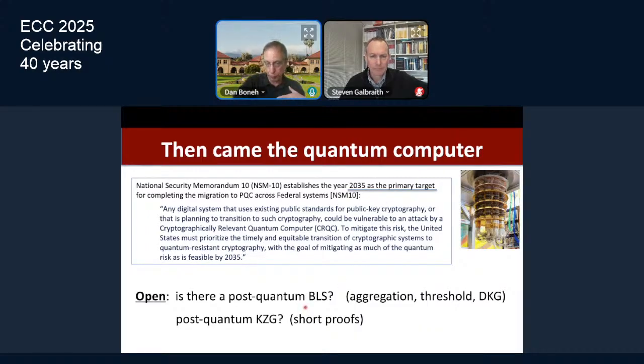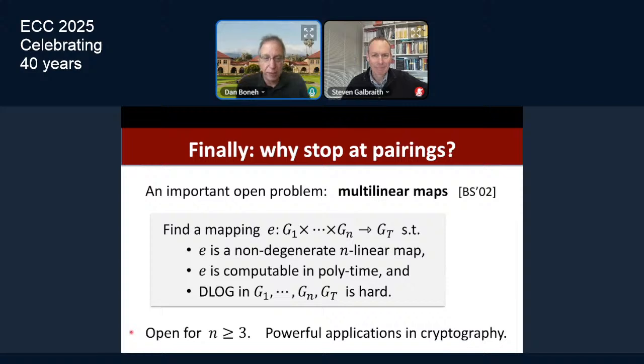So can we build a signature scheme that's as performant as BLS, short, aggregatable, has an easy threshold, has a distributed key generation? In the post-quantum setting, we still don't know how to do that. It's quite remarkable. Same thing with KZG. Can we have polynomial commitments that have as short proofs as the ones that we would get from pairings? We still don't know how to do this. So there's a wealth of open problems here that the community has to solve in order to meet these challenges. And finally, I can't resist, and I'll stop after this, I can't resist and just mention my favorite open